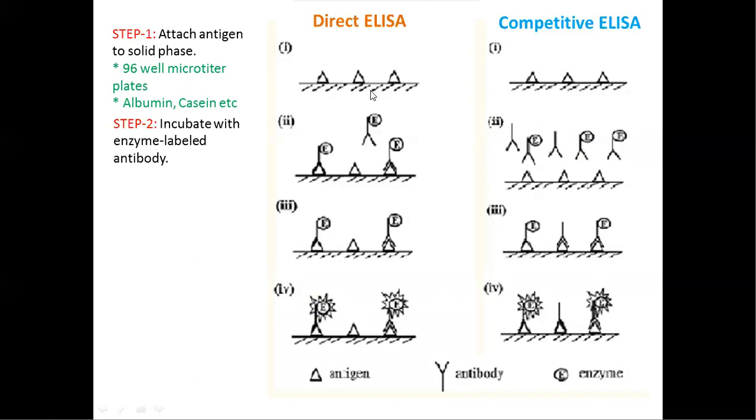Here in direct ELISA method, we add specific enzyme conjugate to target antigens to form antigen-antibody complex. Enzyme conjugates are prepared by coupling method, in which antibodies are covalently coupled with marker enzymes. Alkaline phosphatase is used as marker enzyme, but in competitive ELISA, we add enzyme conjugates